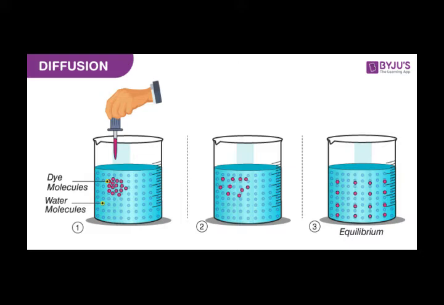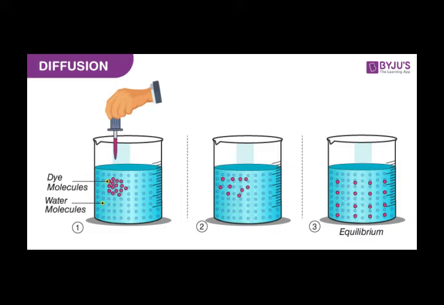And the process of diffusion is faster when there is a large difference between the concentration of molecules in the two regions. For example, a dry plant absorbs water at a faster rate than a less dry or a moist plant. If a plant is dry, it will absorb more water and more rapidly, whereas if a plant is wet, it will take more time than the dry plant. The movement of diffusion is always a passive transport, and it does not require any energy expenditure. The molecules move in a random fashion till an equilibrium is reached.